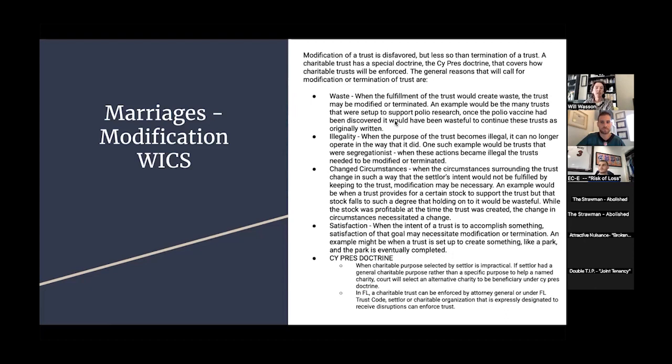Basically, the settlor wanted to help society in general. He wanted to eradicate polio. Then polio was eradicated, and the judge then had to say, okay, we're going to pick a similar issue. Now we're going to look at, I don't know, Ebola or something, another illness that is very similar and is going to affect kids, whatever, what have you. We're going to try to eradicate that illness now.